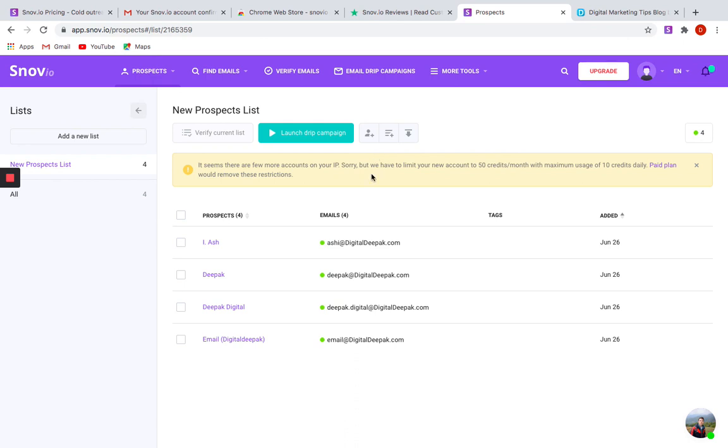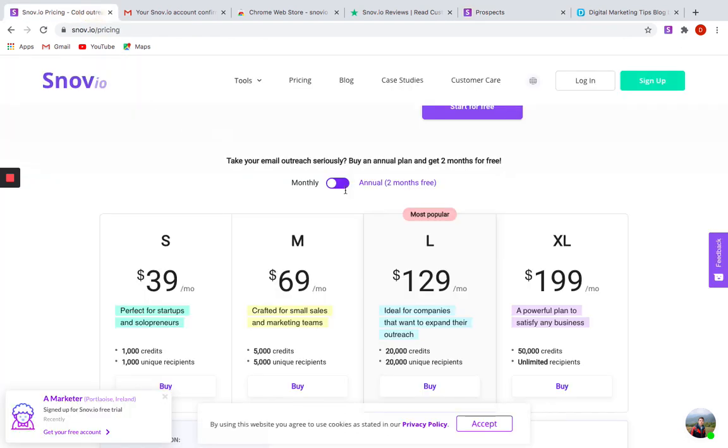Snowview has multifunctional features which are just amazing. So if you are really looking for the right customers to fill your sales funnel, then you should go with its premium plan. So let me show you its premium plan. Here there are 4 plans. You can choose your most suitable plan, as they have clearly mentioned everything here, like this plan is suitable for startups. Just go through this and buy the suitable plan for you.